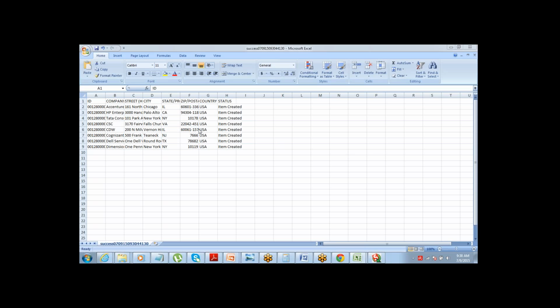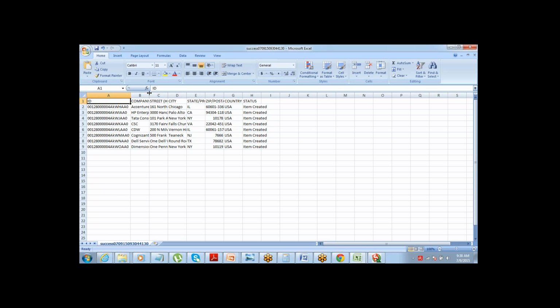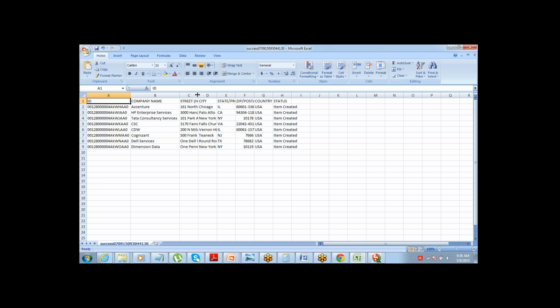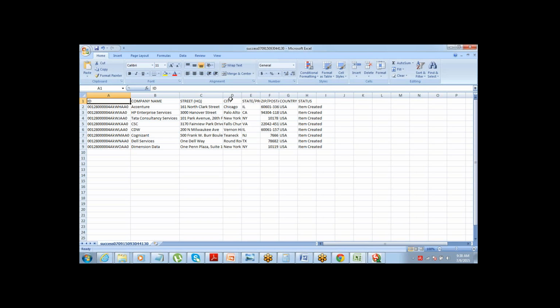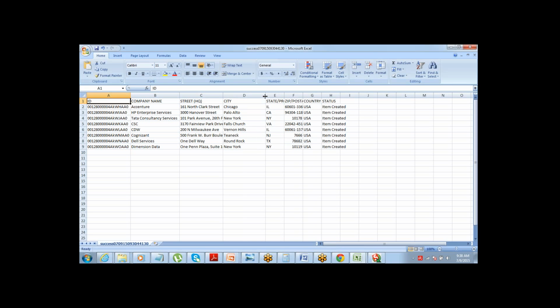Alright, here it is. This is the success file that we have received after the import. So this gets saved wherever you define that location. Step number 4, it asks you for a directory, right? So for me, it was stored in the desktop. I just opened this success file, right?